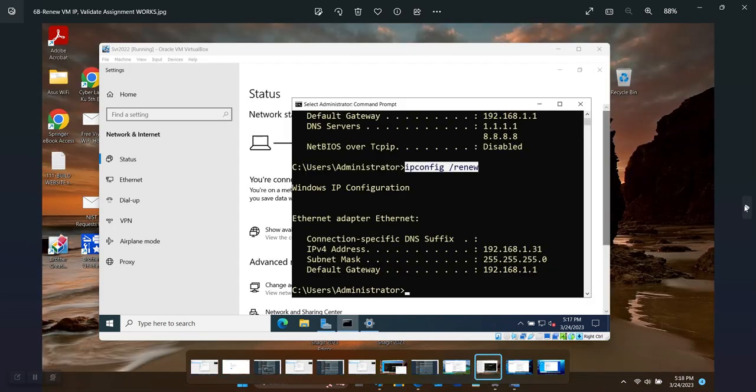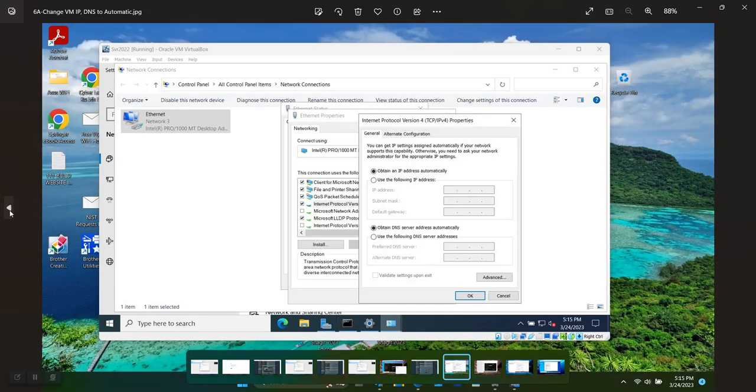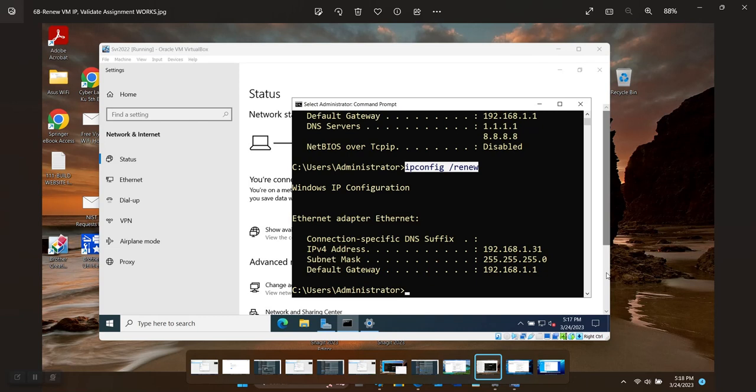On the next screen, when you open up a command prompt and then type in ipconfig renew, it'll kick it out of the static assignment that was in there before, and it'll automatically look for a dynamically assigned address. So when the renew command is finished running, what you should see is this same IP address. If you capture this screen and add it to this screen, that's all you need for the second part of your